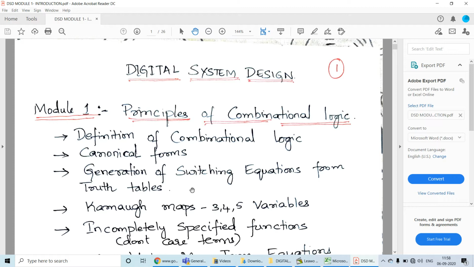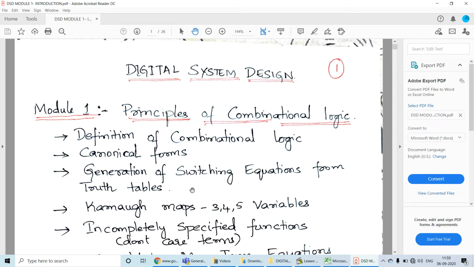What we cover in the beginning, as far as my video is concerned, follows the syllabus defined by Visvesvaraya Technological University. I'll be going through that syllabus, and I hope the same syllabus is common for many other universities also, if they are learning digital system design or digital electronics. So most of the things will be covered irrespective of the university. Anyone can watch this video and learn the concepts.